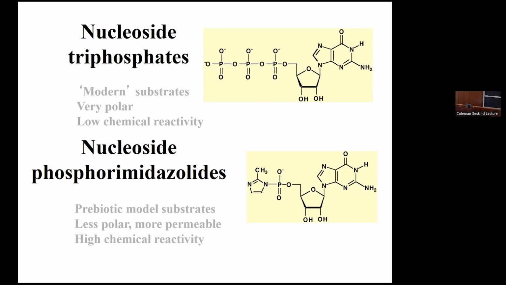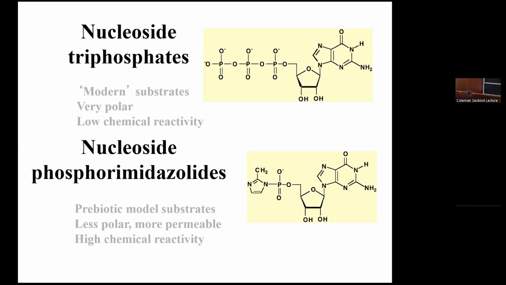Things like this, where the phosphate here is activated by, for example, the imidazole derivative that you see here. So these things are chemically much more reactive. And when they bind to a template strand, they will start to very slowly and not very accurately assemble into a copy. Okay. They have other advantages. They're less polar, so they can get across membranes spontaneously. So we think that something like this is more reasonable for getting all of these processes started.